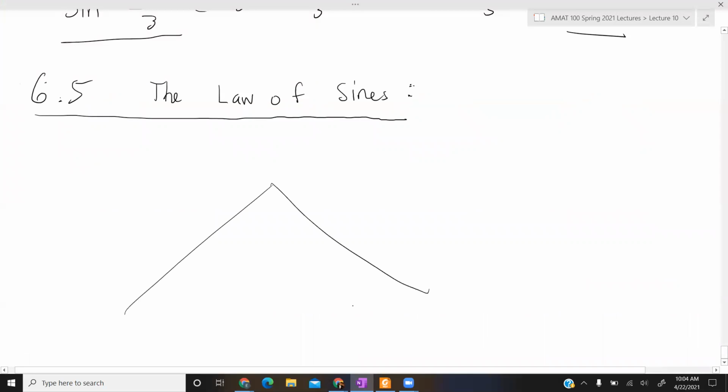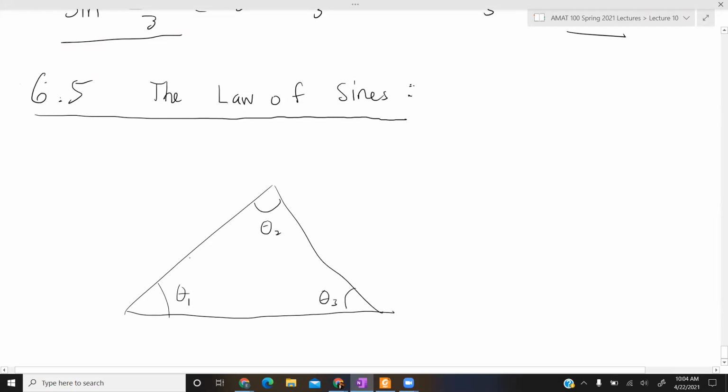So suppose I give you this triangle, and all I know are this angle, theta 1, call it theta 2, theta 3. And you might ask yourself, okay, from this information, can I determine, so the question is, can I uniquely determine the lengths of the sides? And the answer is no, because there are many triangles compatible with this. Namely, all I have to do is